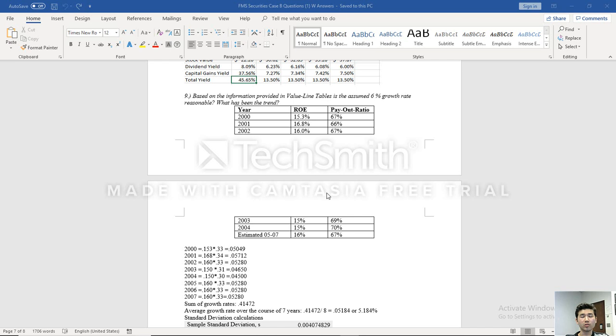So this question is asking whether the Value Line tables assume the 6% growth rate is reasonable. In order to calculate the growth rate with these given tables here, you first have to multiply the return on equity by its retention rate, which is 1 minus the payout ratio. We do that for each and every single year, and then we average them out by the number of years to get 5.184%. Therefore, you can say that the growth rate of 6% is not actually a reasonable growth rate because it doesn't even lie within the standard deviation of